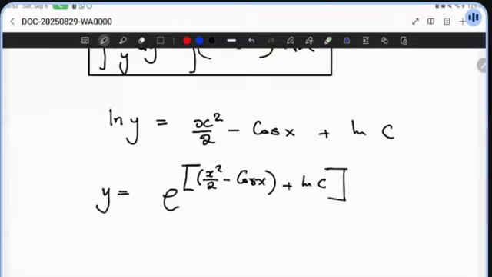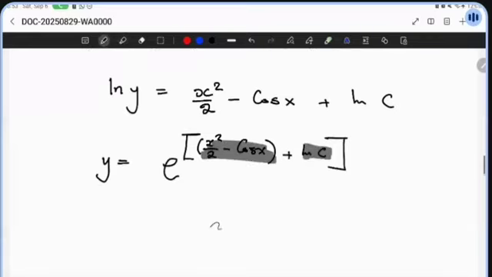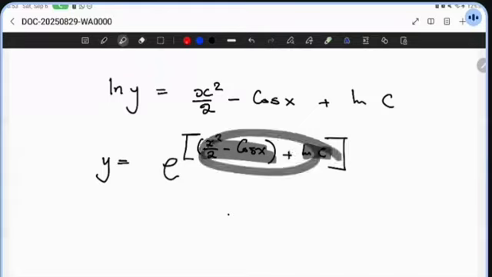So now we'll view it as if you are adding these two. And recall, if you're multiplying a to the power x times a to the power y, this is the same as just a to the power x plus y. When you're multiplying the same base, you just add the powers. So since we're able to view it as if these powers are just being added, then we can say that